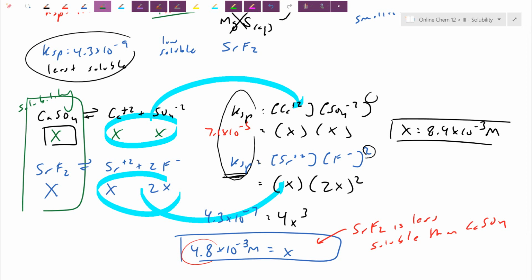I'm going to give you one more question just to practice, and then we're going to switch over to do what's referred to as a maximum solubility. Right? So just for practice,